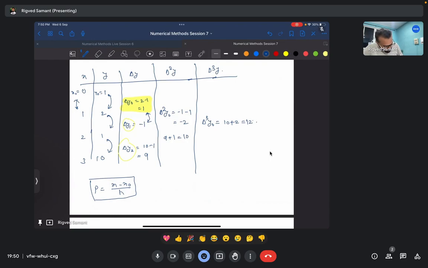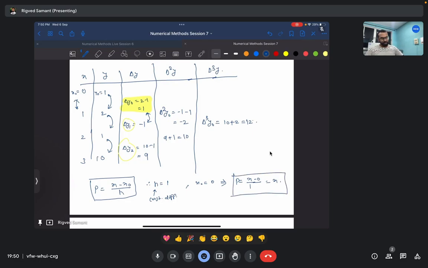Therefore h is 1 minus 0, so from the difference we know h is equal to 1, the constant difference. And x naught we know is 0, implies p is equal to (x minus 0) divided by 1 is equal to x. So p is x here for this